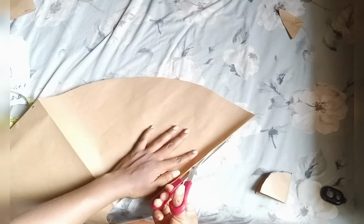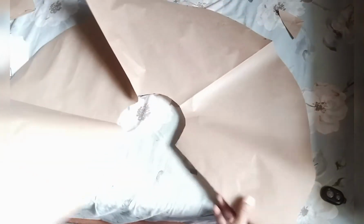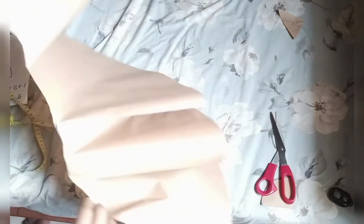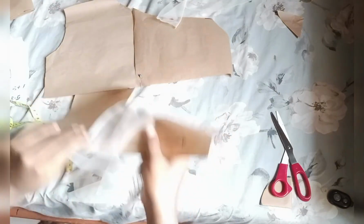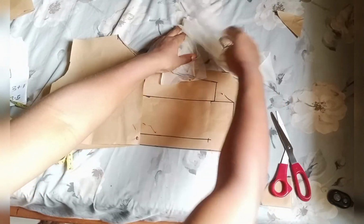So this is what you're going to get after the cutting, and I want to open one side of it so we're able to join to the one that I'm going to cut for the back. So you're going to cut this into 2. That's this one, then you cut another one for the back, remembering the zip allowance while cutting. So that's it. This is what we have after the cutting: the front, the back, the fillet, the dripping stuff,